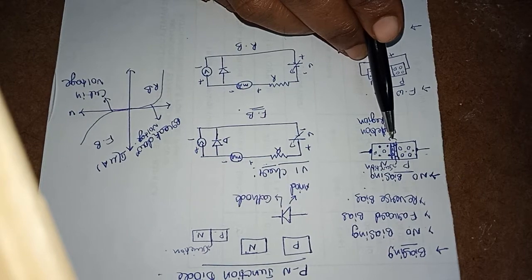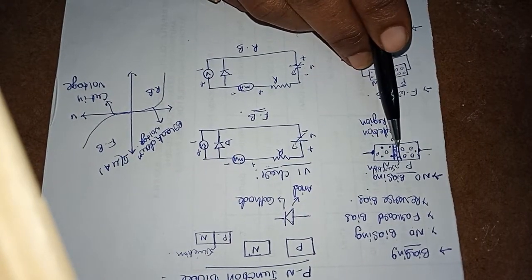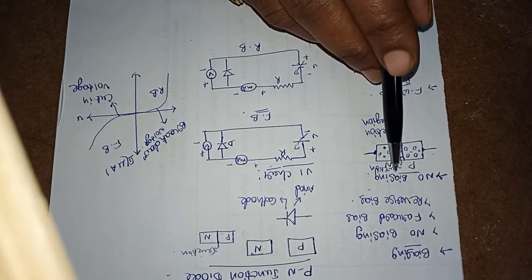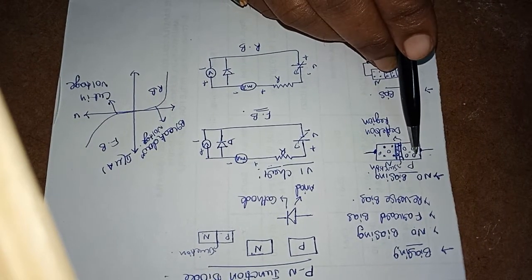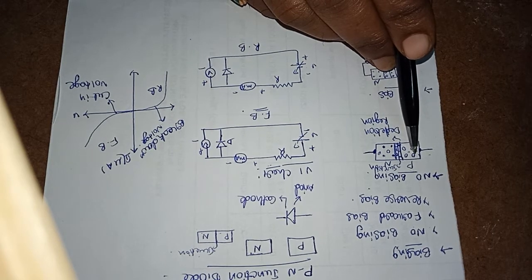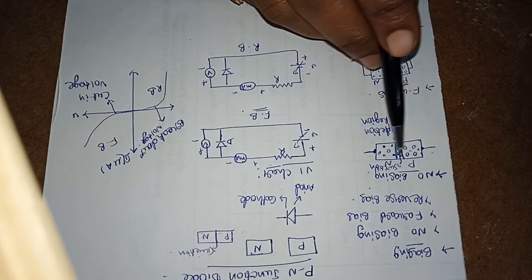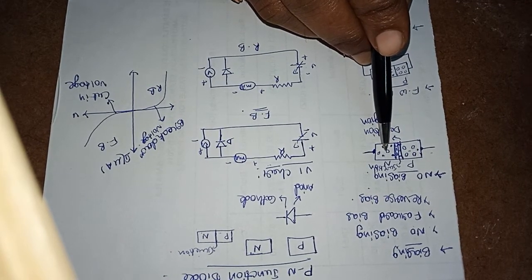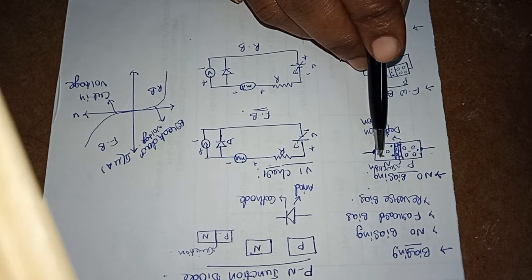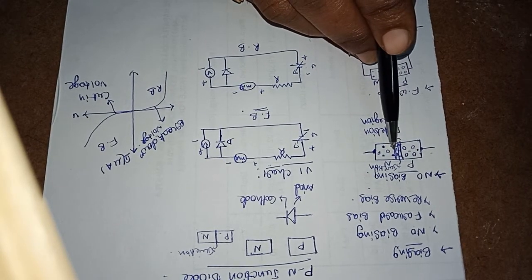Then what happens? When the P-type material and N-type material are joined together, they form one junction, right? So here the majority charge carriers of the P-type material are holes and the minority charge carriers are electrons. And the N-type material has minority charge carriers, holes, and majority charge carriers, electrons. So these two are joined, then